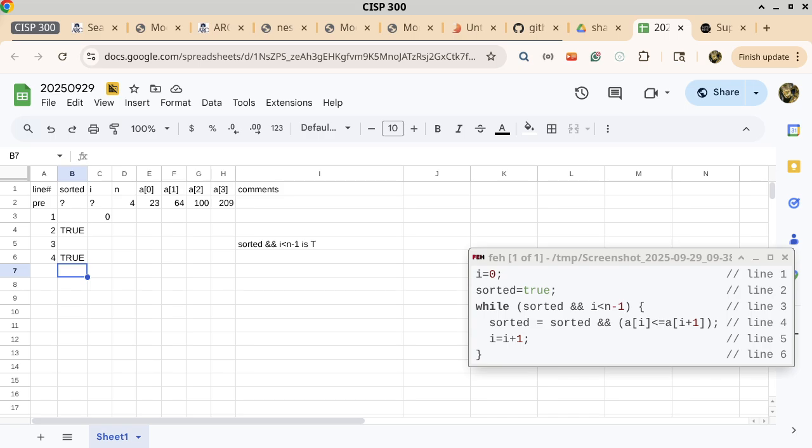Okay, all right. So after line 4, we get into line 5. I gets I plus 1, so I becomes 1. Then we go back to the beginning on line 3 to reevaluate the condition. So sorted at this point is still true, which means I need to now evaluate the second part. I has a value of 1, n minus 1 is 3, 1 is less than 3 is true, true and true is still true. So now we go for the second iteration. We get to line 4, okay? So line 4,